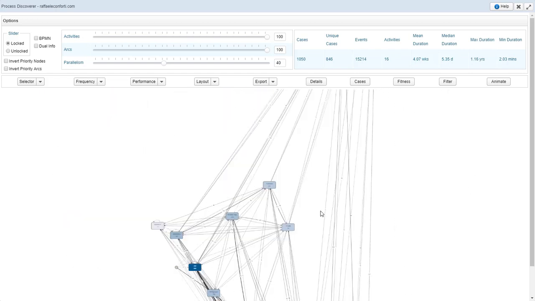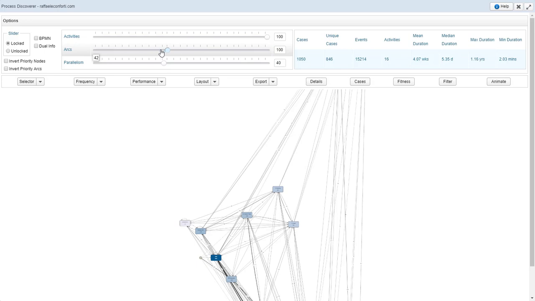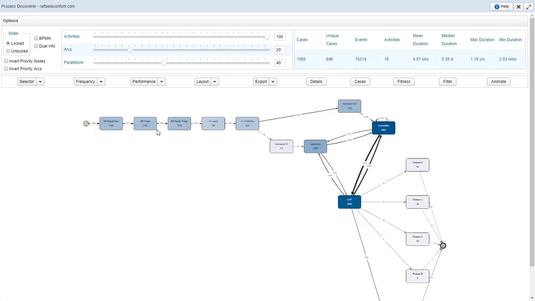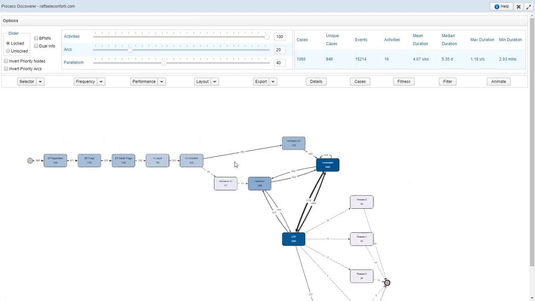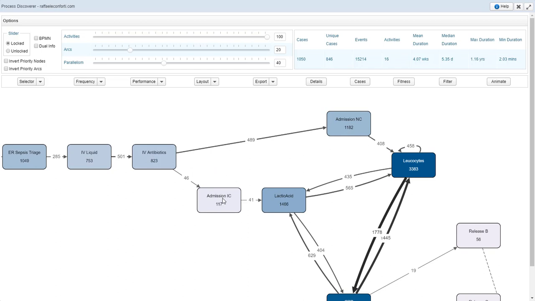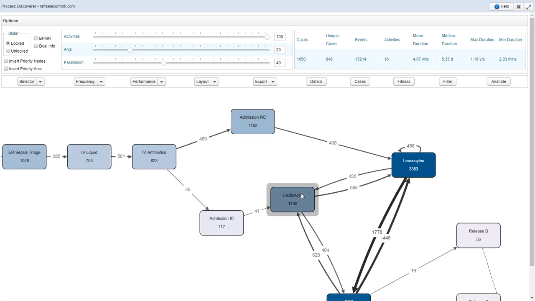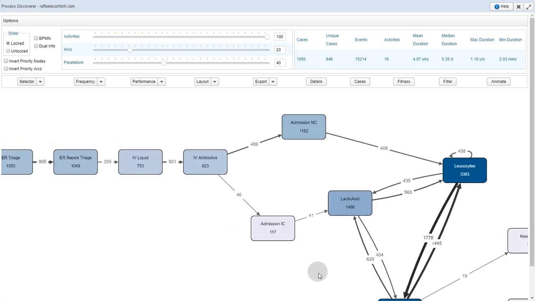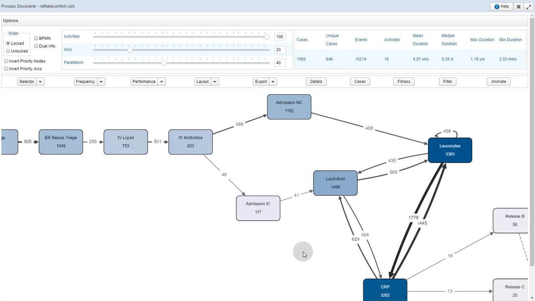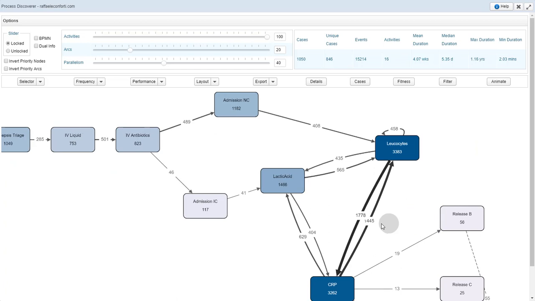So let's go back to something more manageable. Let's say 20% of the arcs. So in a process map, I'm not able to understand the relationships between activities. I see, for example, that there's probably a branch out here where some patients go through admission in normal care, some others go through intensive care. However, if I really want to find out what the behavioral relationships are between activities, then I have to